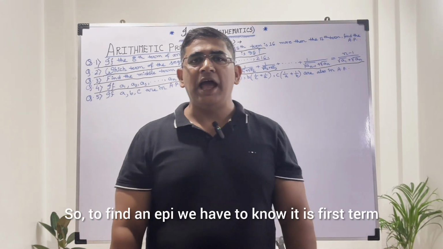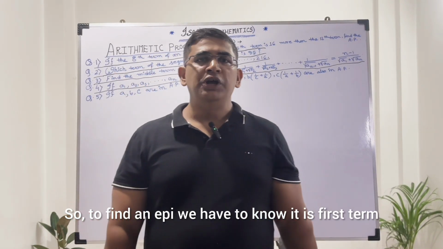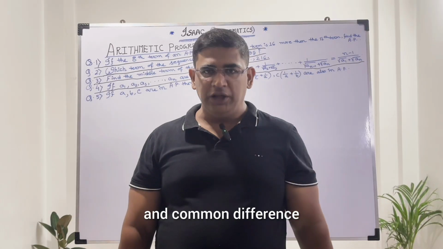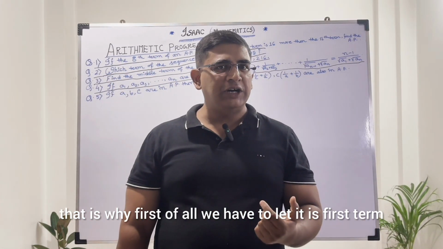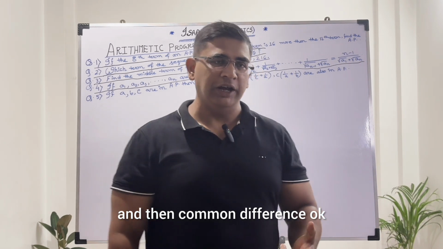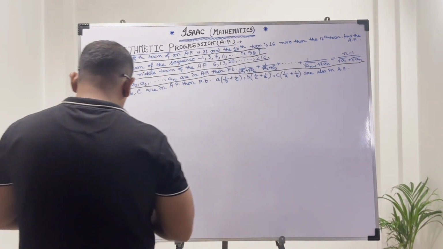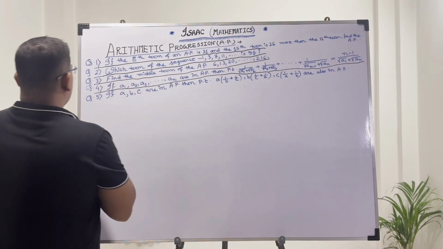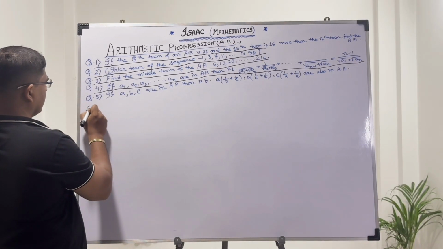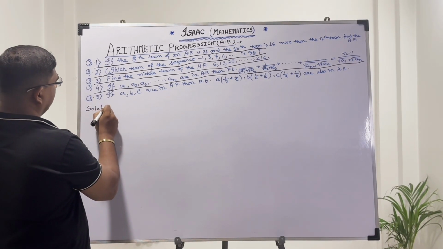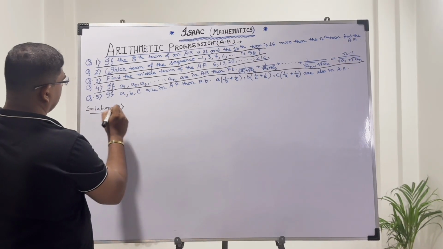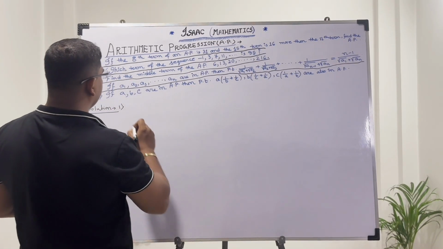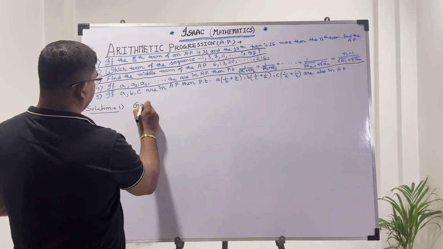So to find an AP we have to know its first term and common difference. That is why first of all we have to let its first term and then common difference. Solution 1. Given: